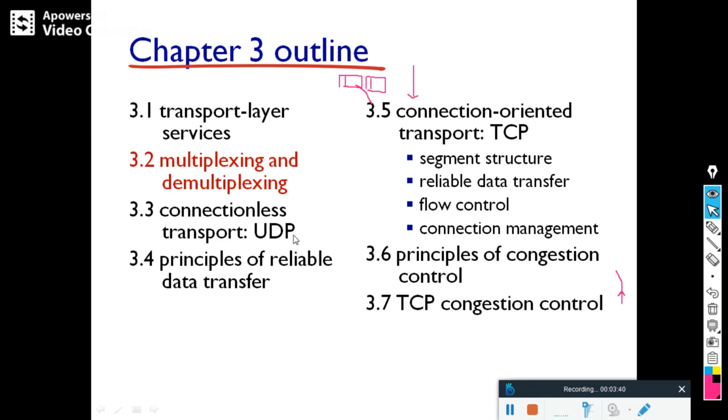The next concept in the transport layer is multiplexing and demultiplexing. We have studied in our logic design what a multiplexer and a demultiplexer are. Normally a multiplexer is many to one, a device which moves one of the many inputs to the output. A demultiplexer is the reverse process of a multiplexer.